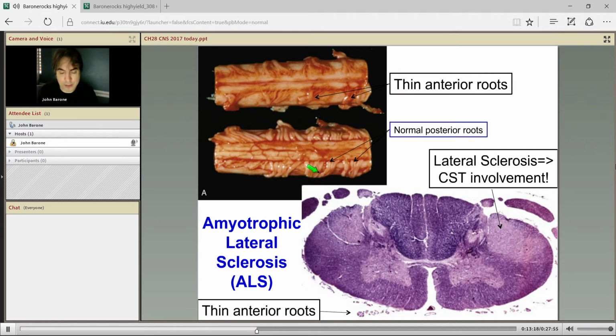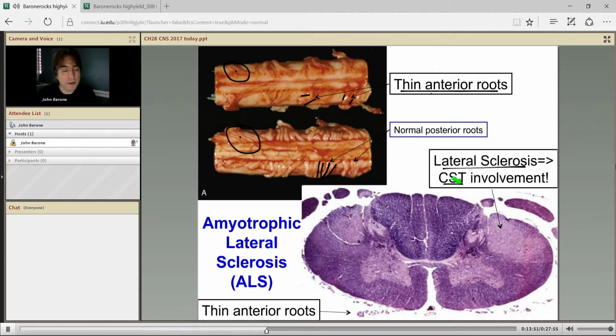And you can actually see it. So I'll show you this picture. Take a look at this. Okay, normal. These posterior roots should be nice and thick, right? These roots coming out should be nice and thick coming out. Look at them here. They're really small. There's not much of them. Look at this one here. Really small. There's not much here. So you get this thinning of the anterior roots compared to what they should be. Look at them here. They're really atrophied. Do you see them? This compared to this? I think that's a pretty good example. Okay, so they like to ask it.